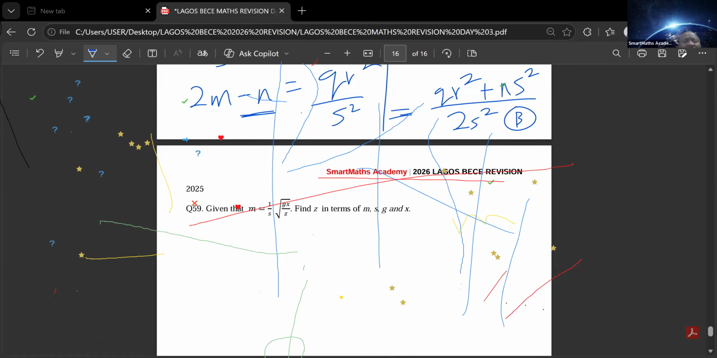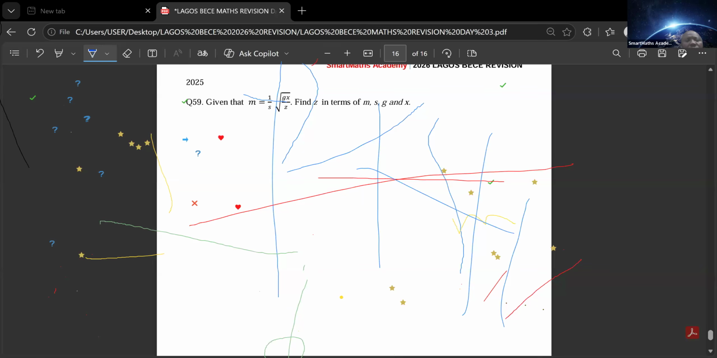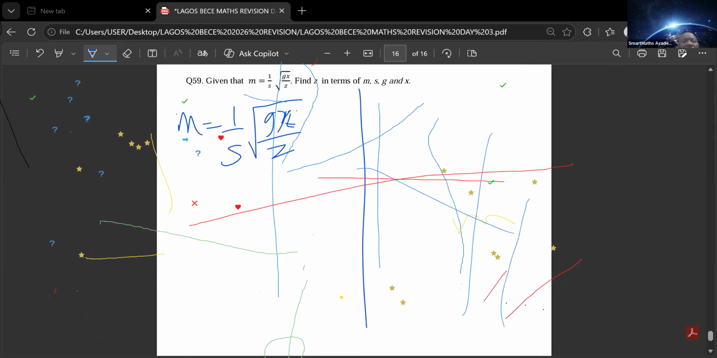So the same thing will happen here. Let's divide the page into 2 first. So it's going to be m equals 1 over s, then square root of gx over z. It is z we want to make the subject of formula. So what is disturbing us is s first. Let's remove the s. So x will multiply both sides. So that means this is going to be ms